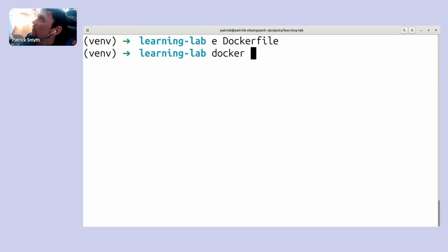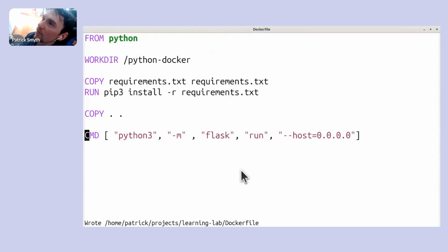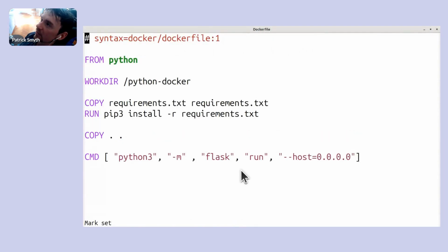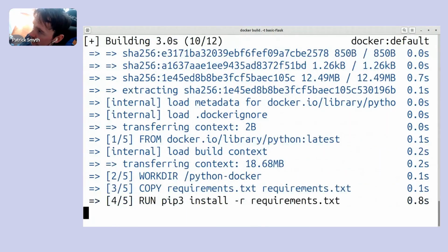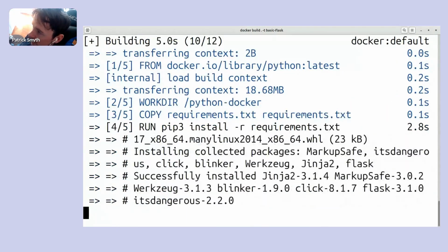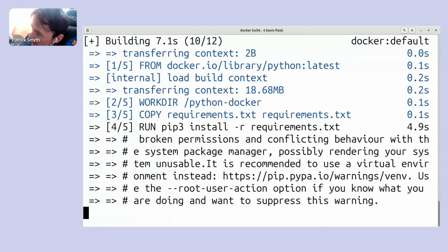So let's do docker build in this folder, and let's tag it basic-flask. That's kind of what I'm going for here. And you'll notice it uses the official Python image as your base image. So it's building. You see it installing our dependency, Flask. Okay,